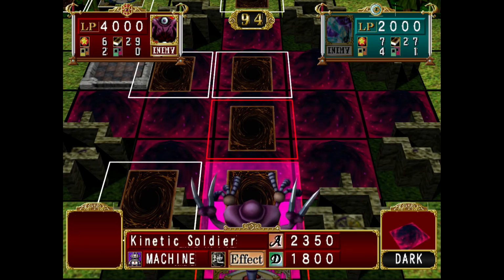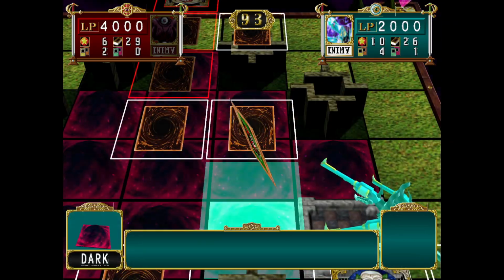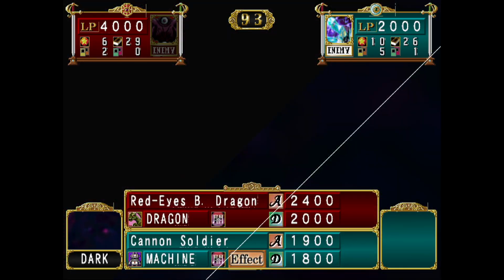Oh, Kinetic Soldier, interesting. Again, the AI, if they have a card on Labyrinth, I don't know what the AI is really like and how it's going to function completely, but...